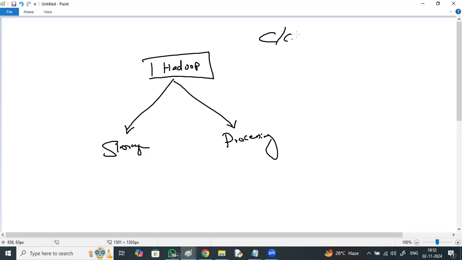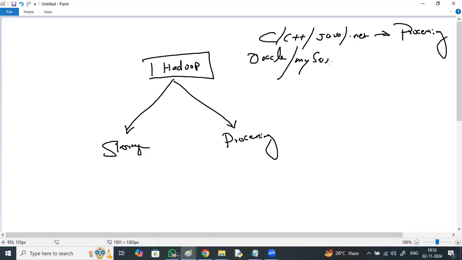C, C++, Java, .NET are meant for processing. Databases like Oracle, MySQL, DB2 are meant for storage. But Hadoop is meant for both storing and processing.